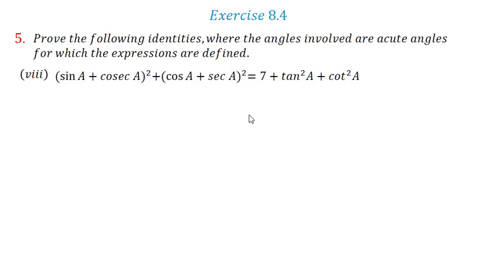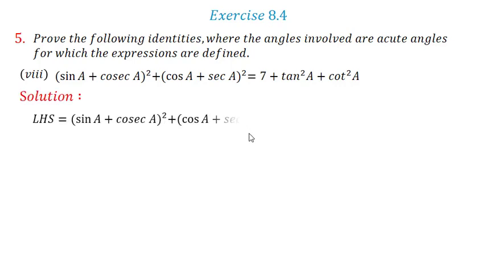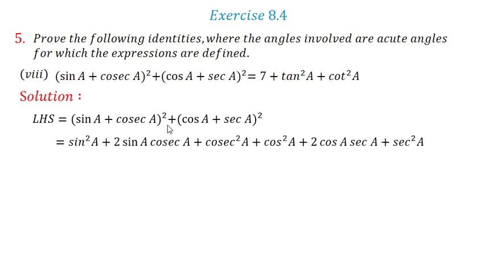Right? Okay. So for the eighth question, the left hand side is (sin A plus cosec A) the whole square plus (cos A plus sec A) the whole square. Now here I first open the bracket. I could also have converted this cosec A as 1 upon sin A, that is also valid, but as I know that sin A into cosec A is 1, I thought it is better that I expand this. So we have expanded this.